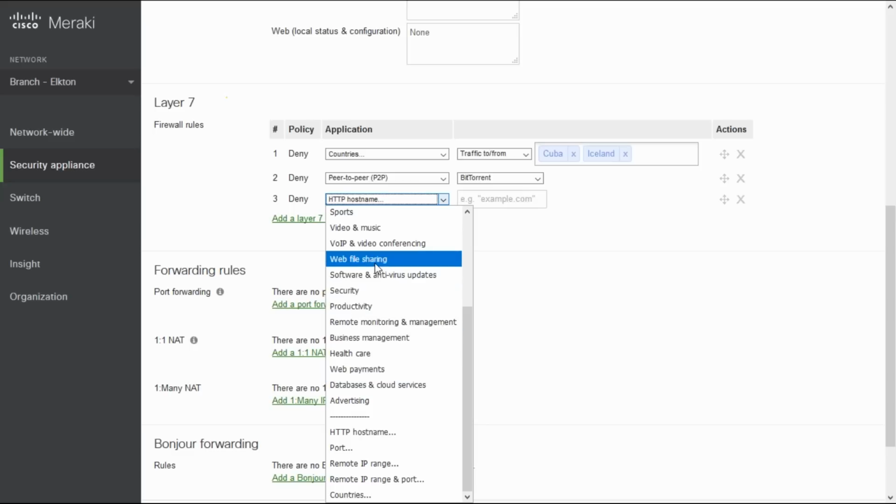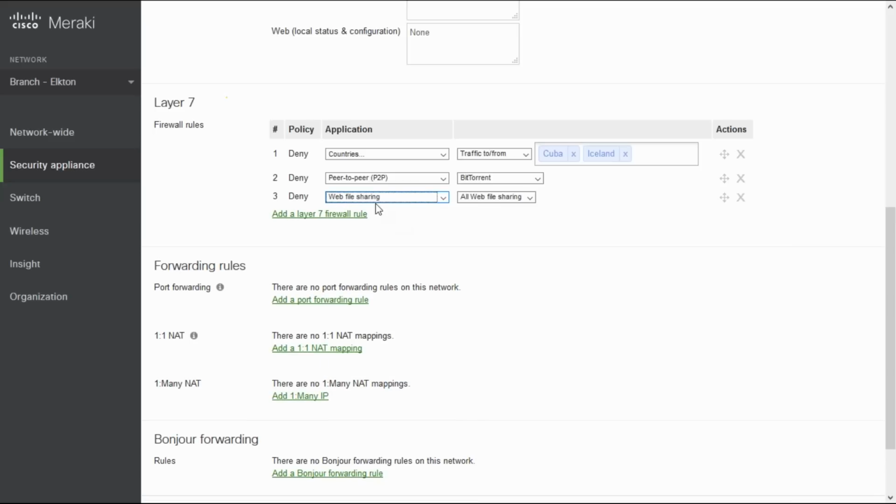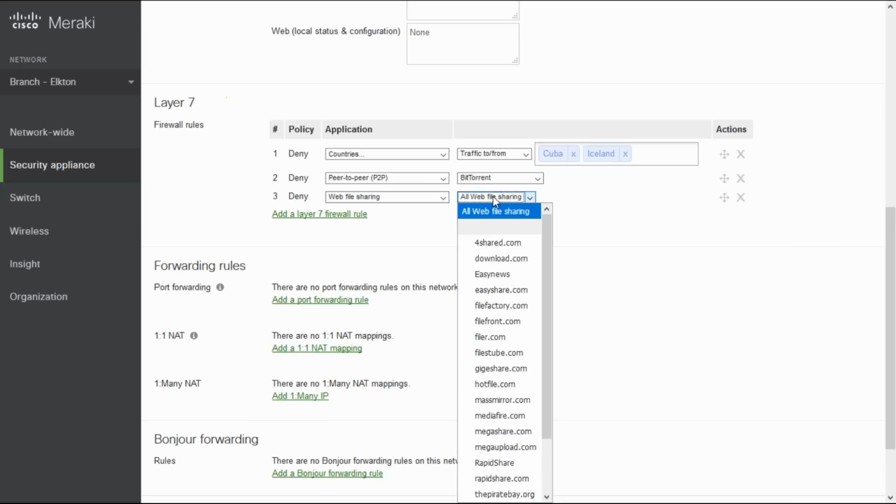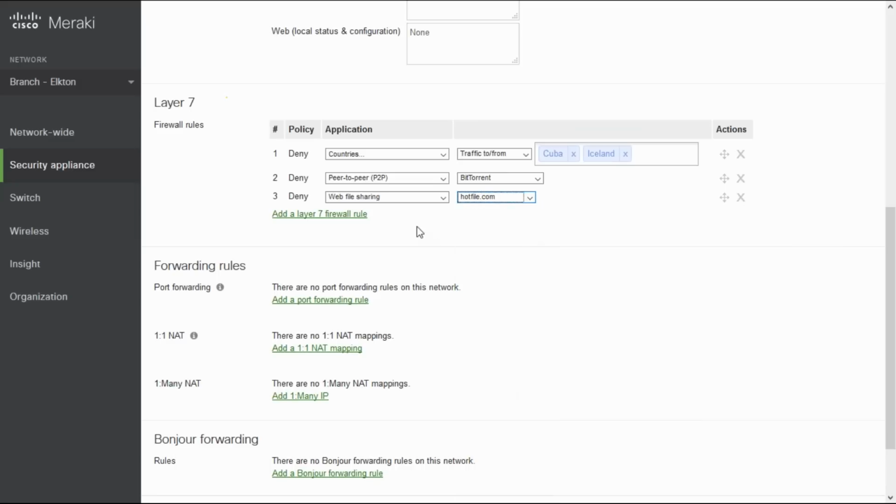Let me click here to web file sharing, and then say hot file, like that. So like that I can populate the rules, and these rules are applicable per application. It's not that it's applicable per IP, and that is the